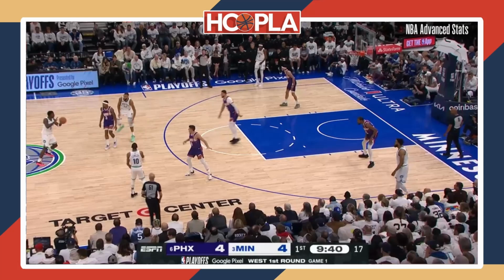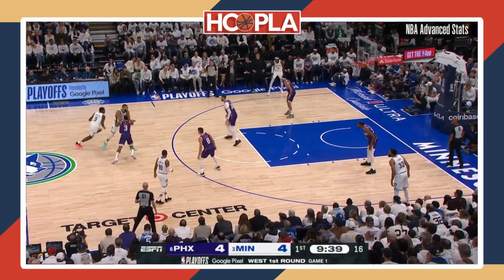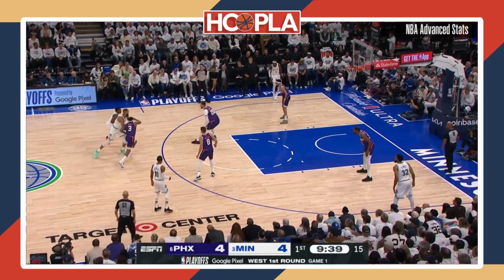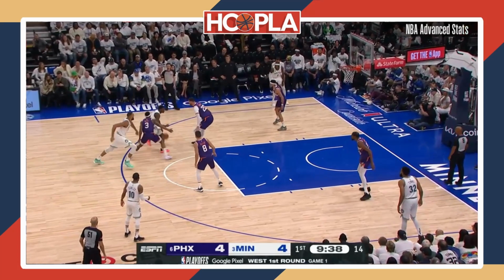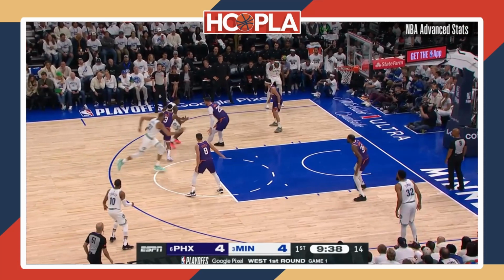A few plays later, he gets another screen, this time from Rudy Gobert. And as the screen happens, you can see that Bradley Beal goes under the screen to catch him on the other side, and you can see that Nurkic is pretty far up in the pick and roll. So instead of simply moving the ball or attacking Nurkic hard, he kind of hesitates and becomes indecisive, attacks it, and at this point, there's nothing there. He has 2 defenders on him, and the best decision would have been for him to back up and reset.